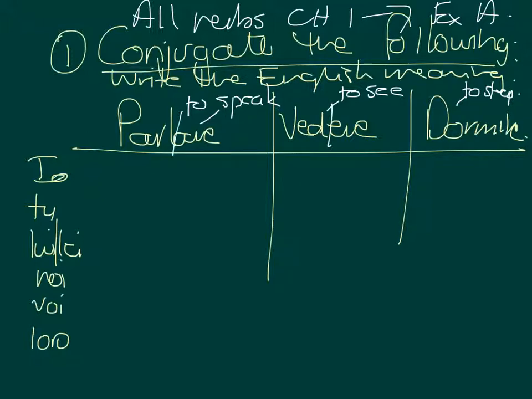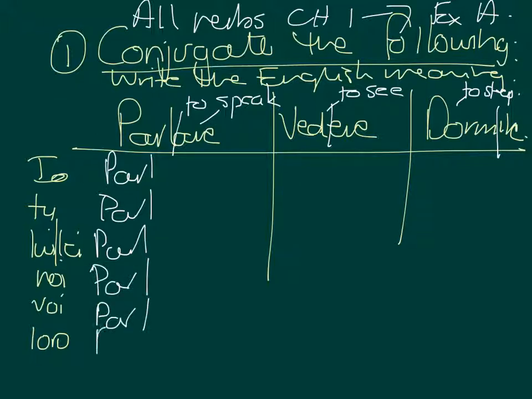So you chop off the ending and you add the correct one. Well, there's your root. So what are the endings here? O, i, a, iamo. Yep. All right, etc. And you do the same for those ones. Then,